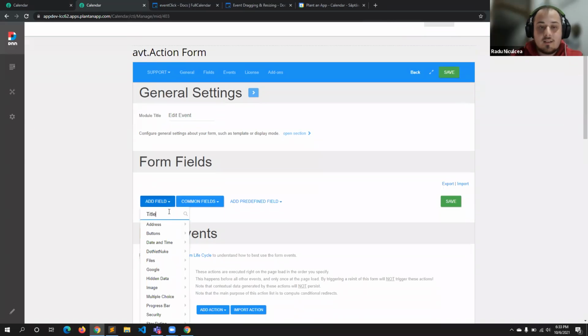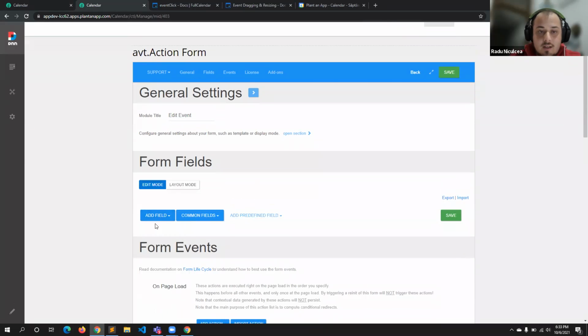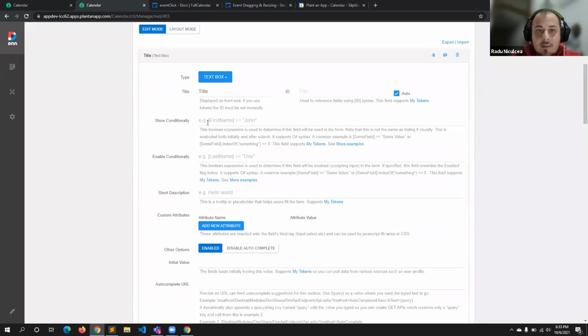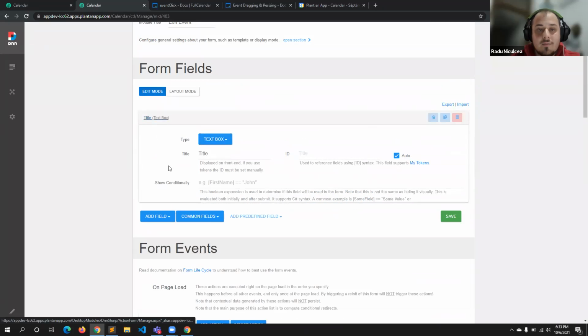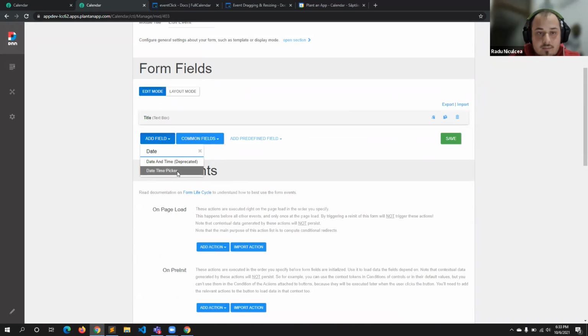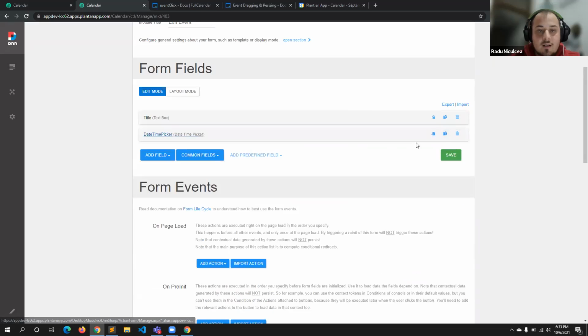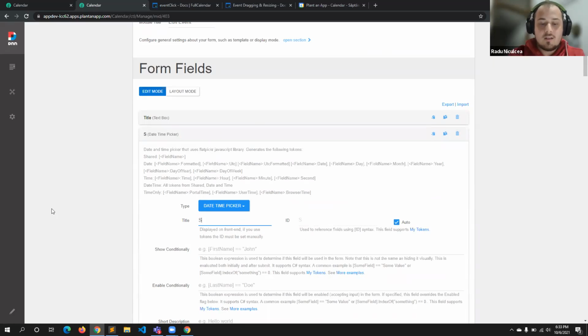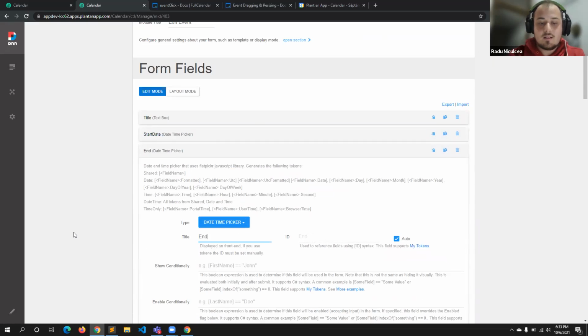And it's going to have the title. We want a text box type of field, which is called title. I need to have 2 date time pickers, and one is going to be called start date, and the second one is going to be called end date.